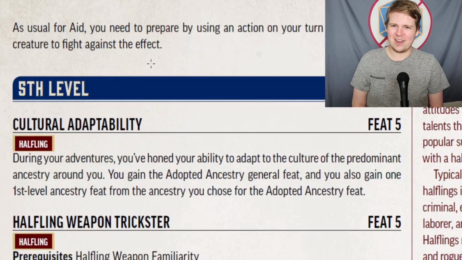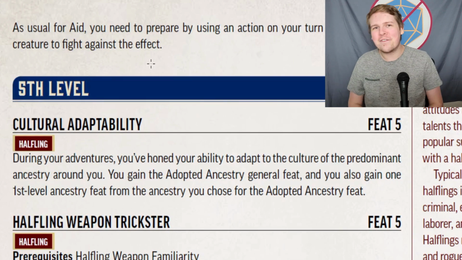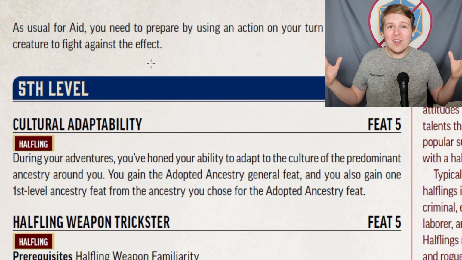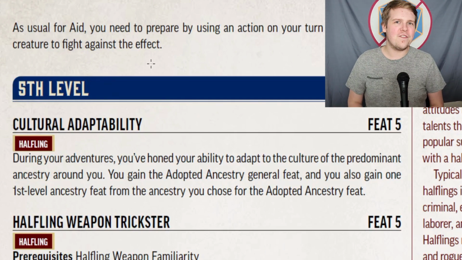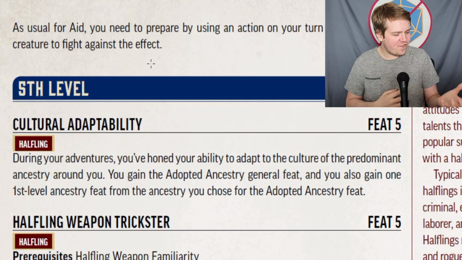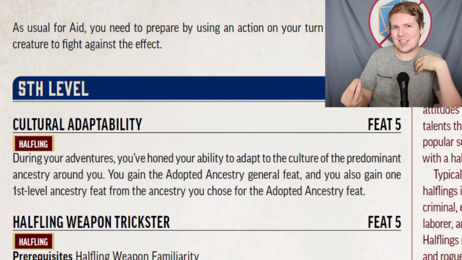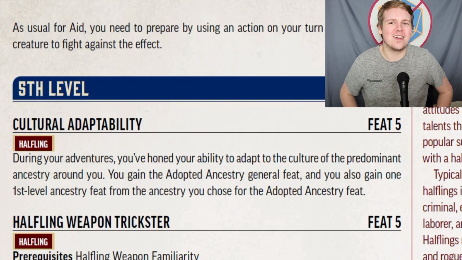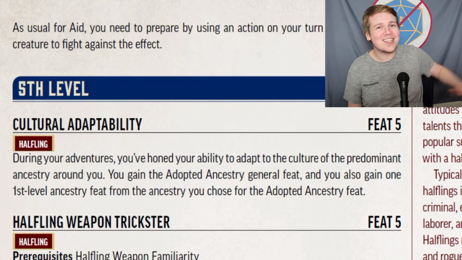Cultural Adaptability. You just get the Adopted Ancestry general feat and get to take a free feat from that new ancestry at level 1. That's so cool! Now, because it specifically uses the Adopted Ancestry as its base, you can't take any feats that require a specific body part to use. You know, you can't take the Tengu Beak ancestry feat because you're a halfling and you don't have a beak. So there are some limitations there, but this is just really good. This is effectively trading your level 5 feat for any level 1 feat from any other ancestry in the game,